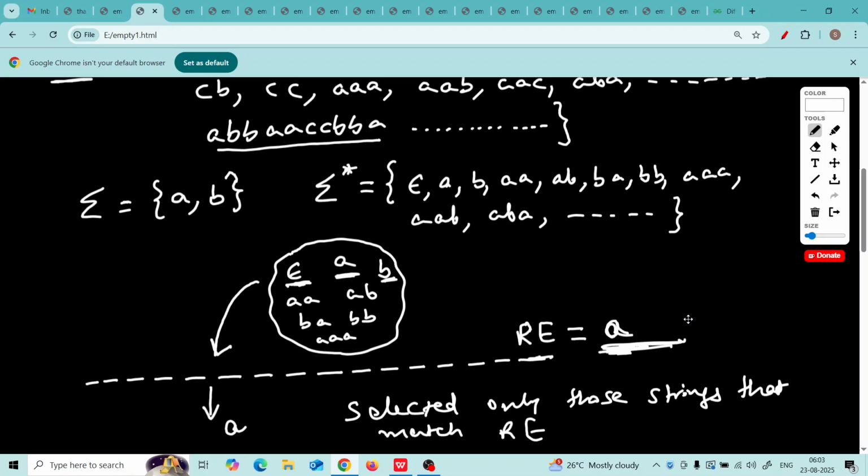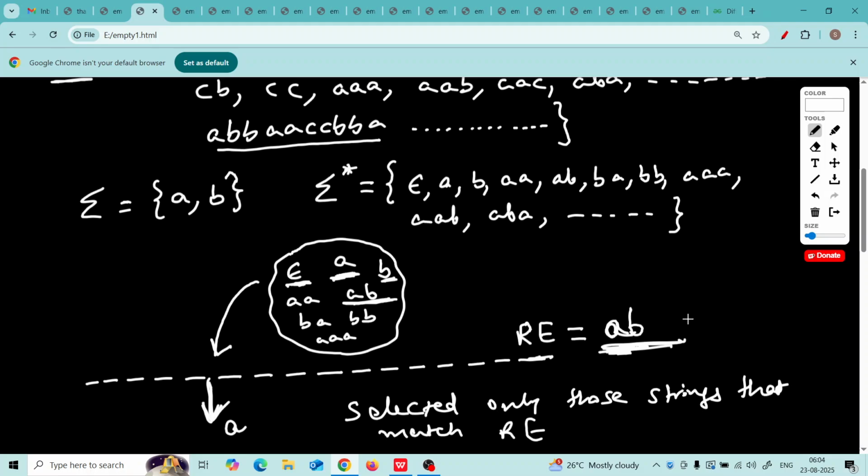Now just imagine I change this rule. The rule is AB. So what I am saying is, filter out only those words which match this rule. Then only the string AB will match this rule. If you put epsilon on this filter, epsilon doesn't match AB.